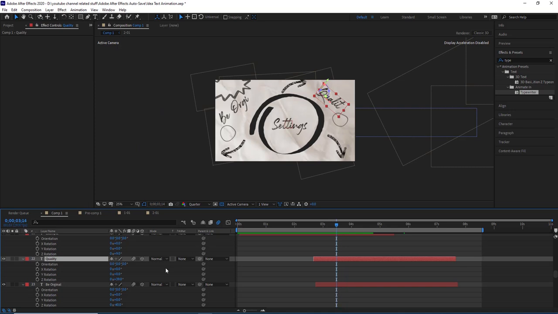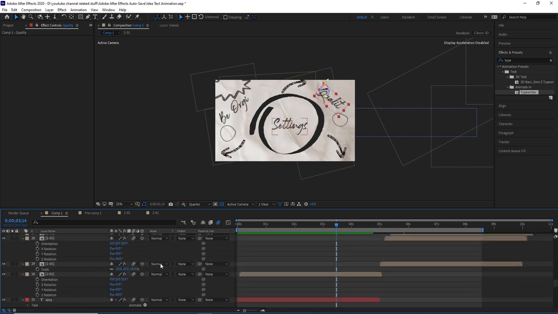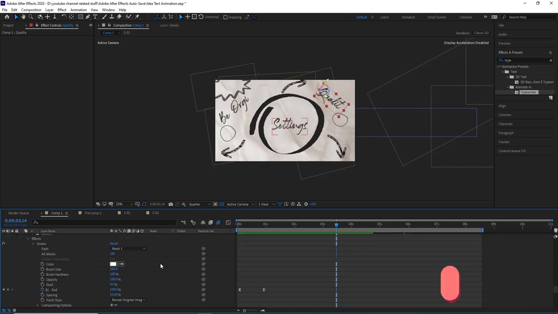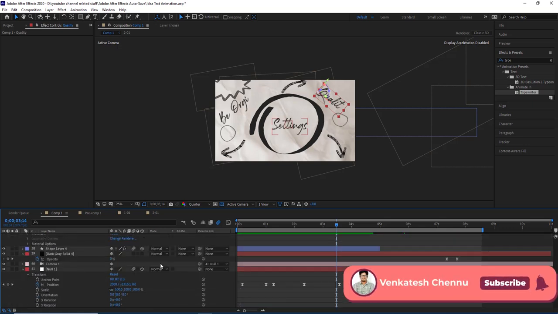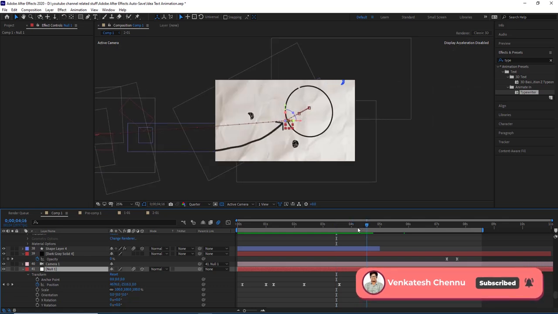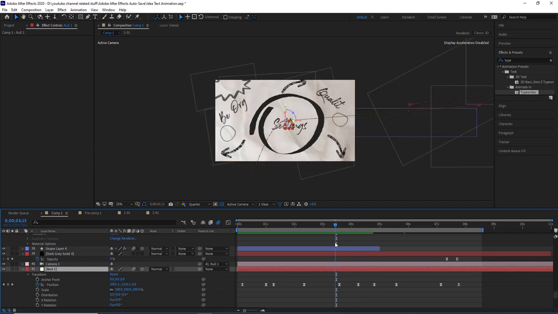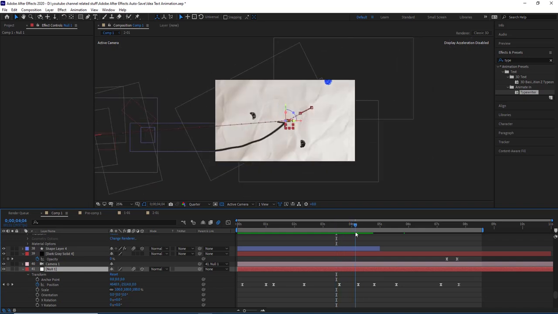Okay, and now let's go back to the null object over here, and we can jump into scene 3. Okay, and here this frame will remain, and now it's again going in the X direction. So here this is the X direction, I animated in the X direction. And here what we have to do is I used to give some